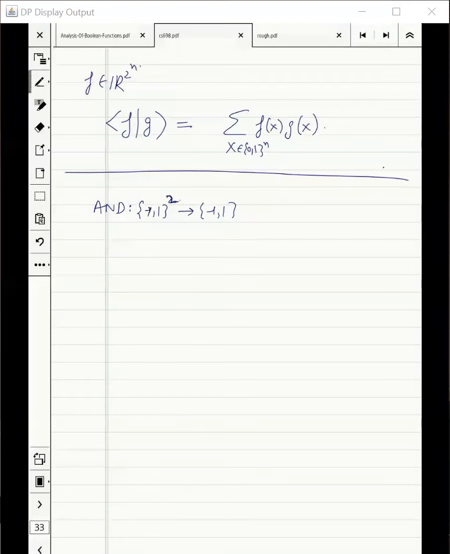Clear? This function is minus 1 if and only if my input is minus 1 comma minus 1. It is 1 otherwise. Agreed? This is my AND function on 2 bits. Any confusion about what this function is? No, right? So then find the Fourier representation of this function. I want to write AND of x as